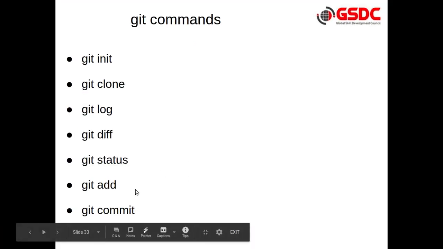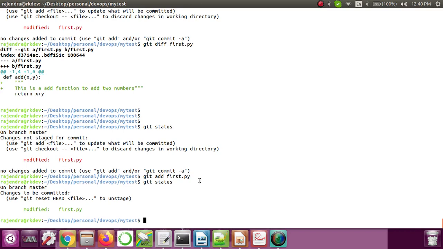The next command that we have is the git commit command. So how can I use it? git commit, and we know that we have to use -m and then a message. The message should be such that from the commit message itself we can understand what happened in this particular change.